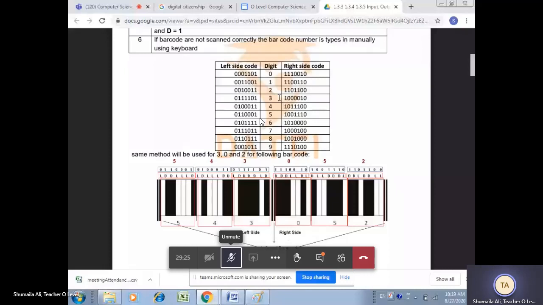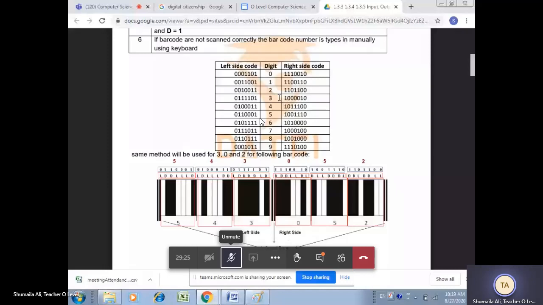So we design the lines. First we have a white line because we have a code 0. Then we have 4 black lines because we have 4 ones. Then we have 1 white line and 1 black line. Now my left hand side is complete. Okay, now we draw the guard bars, center bar.